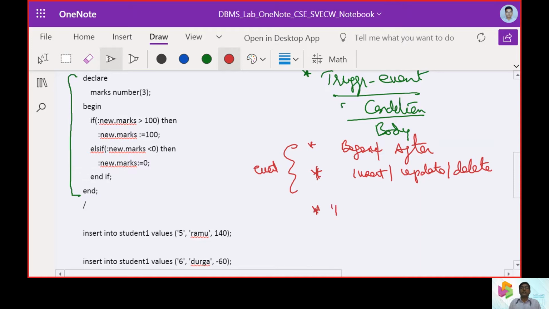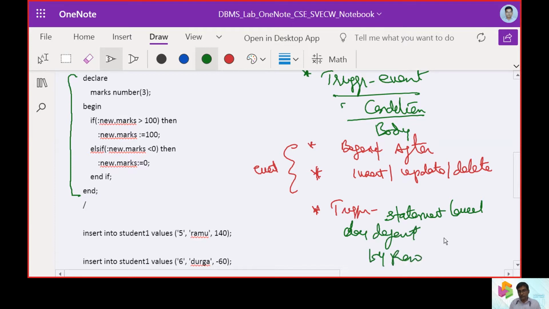Similarly, triggers can be applied at the statement level, which is the default, or the other one, by row.